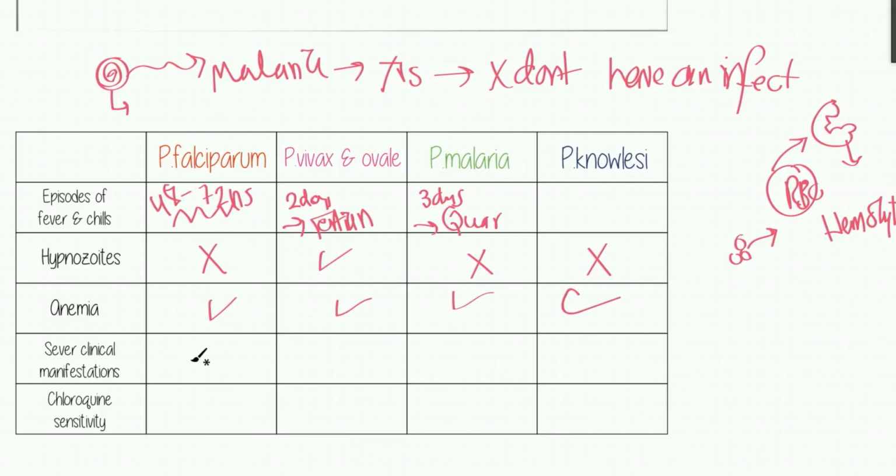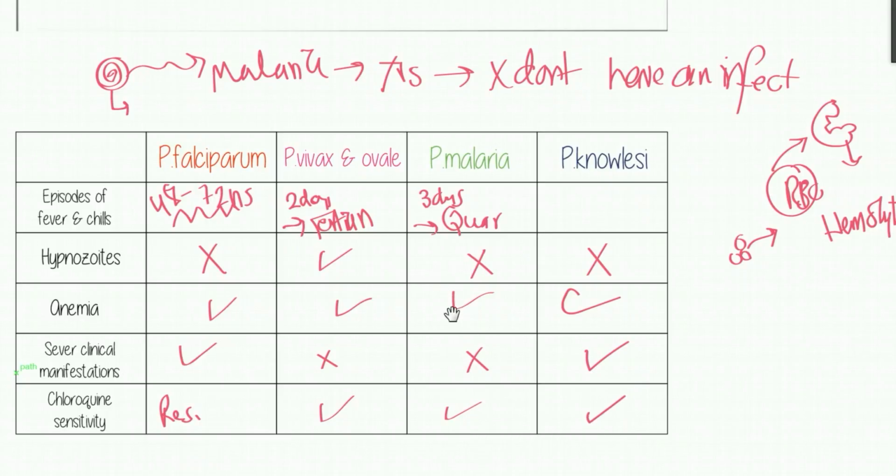Severe clinical manifestations, as we said, Plasmodium falciparum produces very severe clinical manifestations. It affects the kidneys, the lung, the brain, which is very, very severe. Vivax and ovale don't have them. Knowlesi, yes, it has. Chloroquine sensitivity: Plasmodium falciparum is usually resistant, which is a very important thing that you have to know. In vivax and ovale, yes, it is sensitive, and malariae, yes, it is sensitive, and knowlesi, yes, it is sensitive,